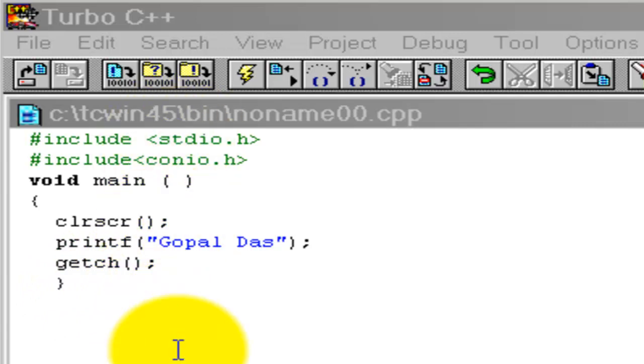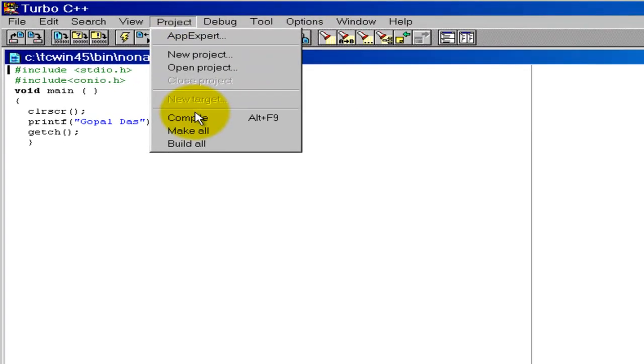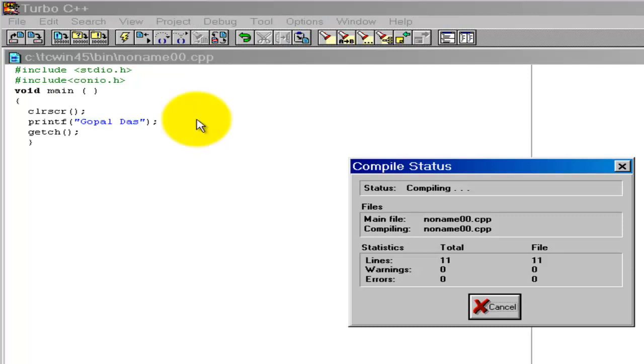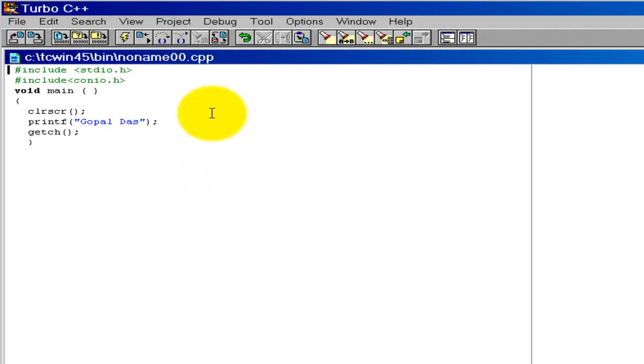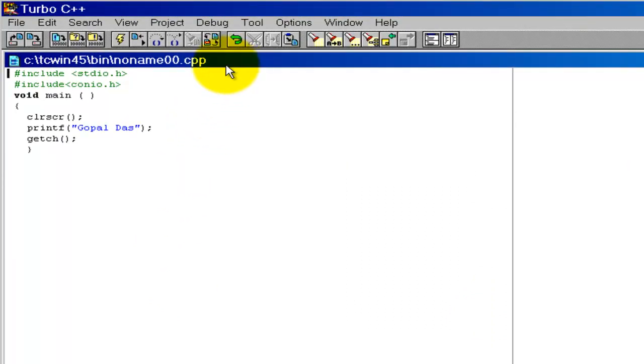After proper typing, we first compile the program. Project, compile. It shows the compile status, there are no mistakes. Okay. Next, we run the program.